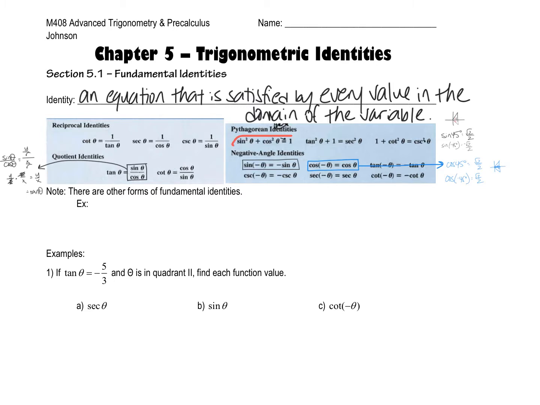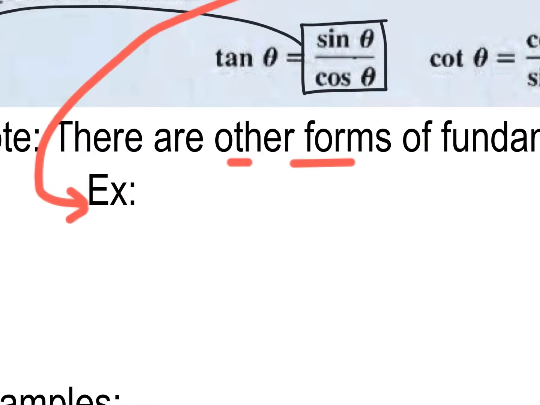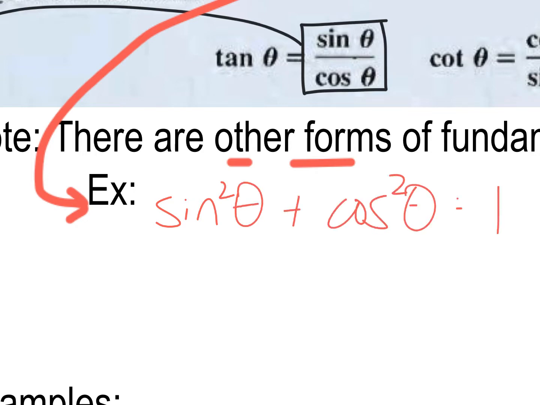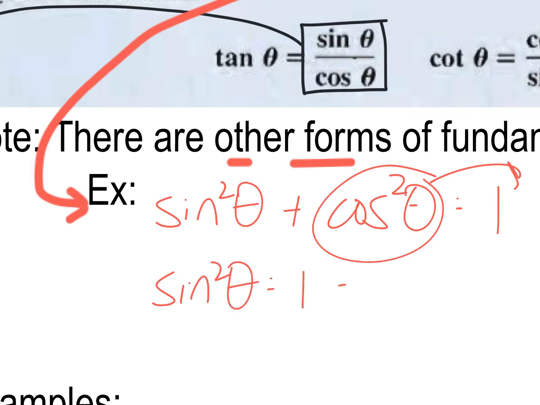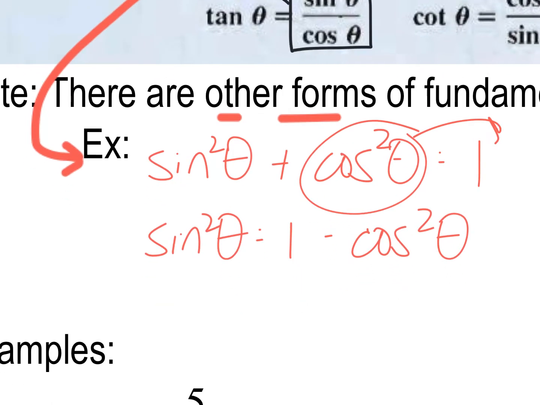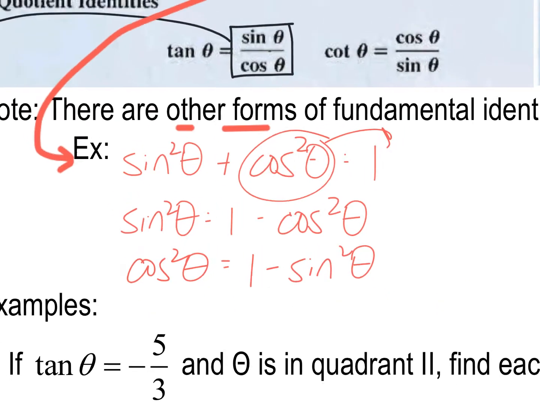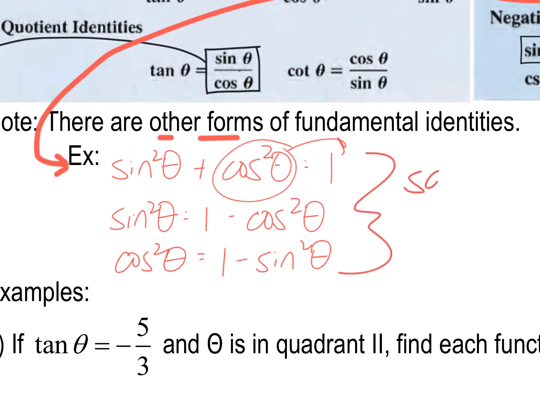Regarding this identity right here, I want to give you an example. There's other forms of the identities that you need to be able to memorize, or to recognize, I should say. So we already know that sine squared theta plus cosine squared theta equals 1. But what if I moved this term over to the other side of the equation? That would mean sine squared theta equals 1 minus cosine squared theta. That is the same identity. It's just rearranged. Or I could also move over the sine squared theta if I wanted to, and I could just have cosine squared theta equals 1 minus sine squared theta. My point in talking about all of these is that this is all the same identity,